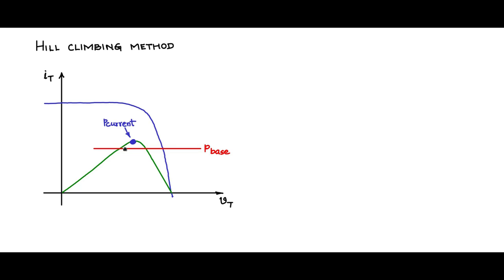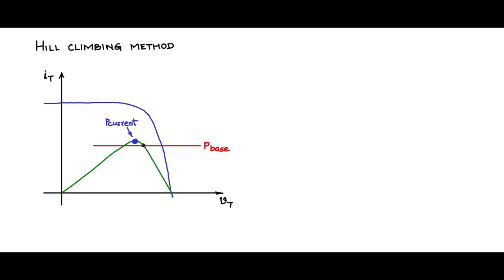This happens, and then the P base line also moves up, trying to catch up with P current slowly, and in this way you will see that this P current, the fast operating point, gets controlled within a narrow region around the peak of the power hill,